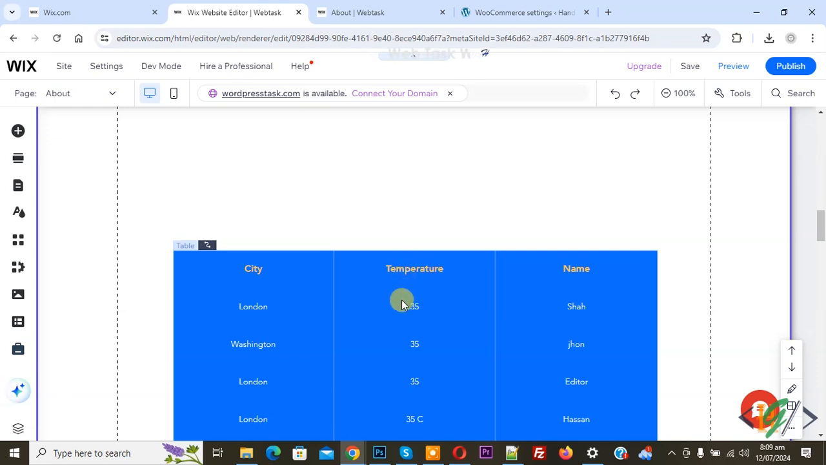Bismillahirrahmanirrahim. Assalamu alaikum. My name is Hassan and today we are going to filter Wix table data using a dropdown in